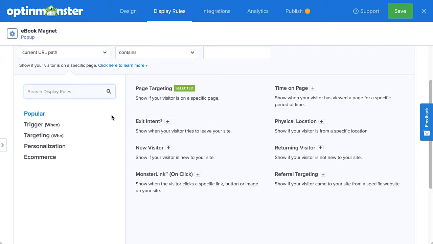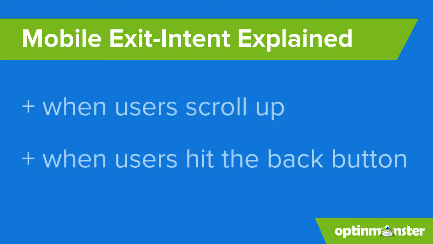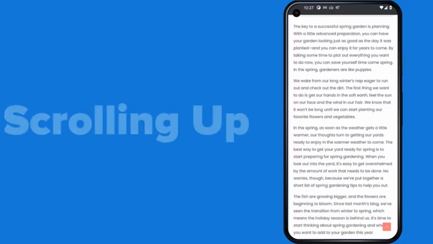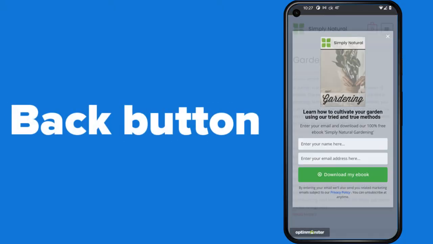Our exit intent technology lets you engage with users who are about to leave your site. Our mobile exit intent trigger works in two ways: when users scroll up and when they hit the back button. Without a doubt, exit intent is the last chance you get to show visitors a targeted message just before they're